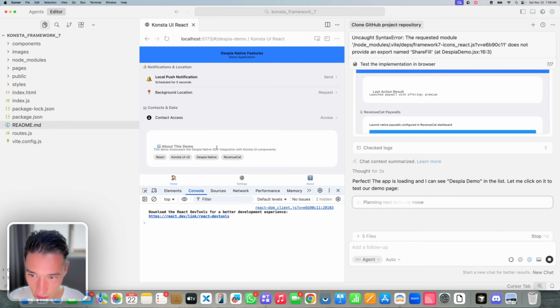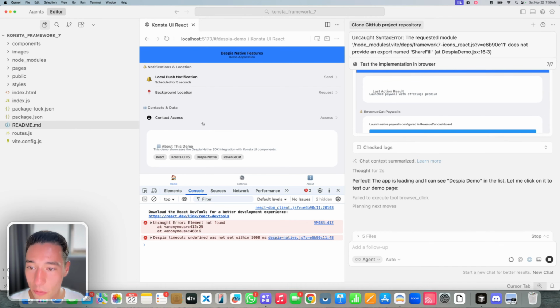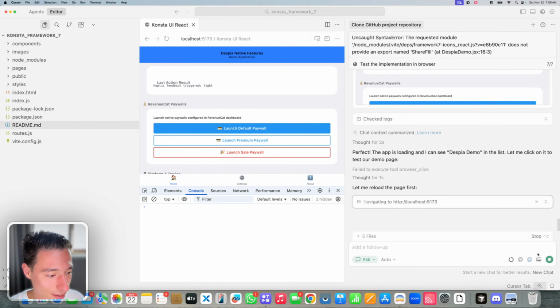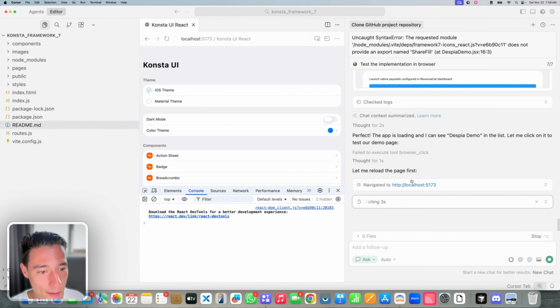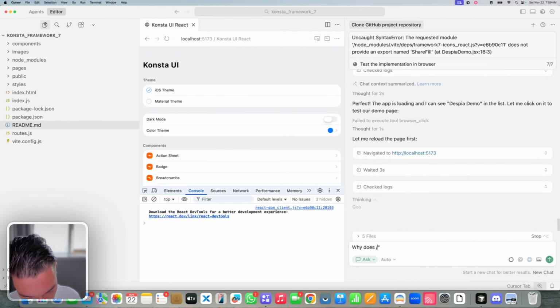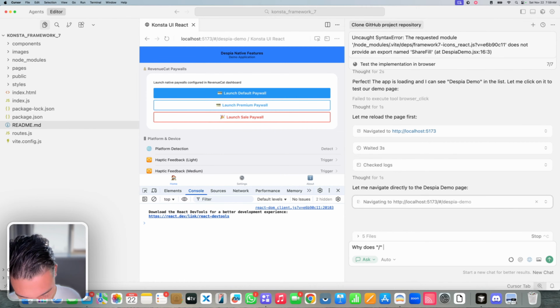Now, your question will probably be the same as my question. What happened to the beautiful UI? We need to ask their AI to understand what happened. Perfect, the app loads in the list. Let's say, why does slash, this is the homepage, look